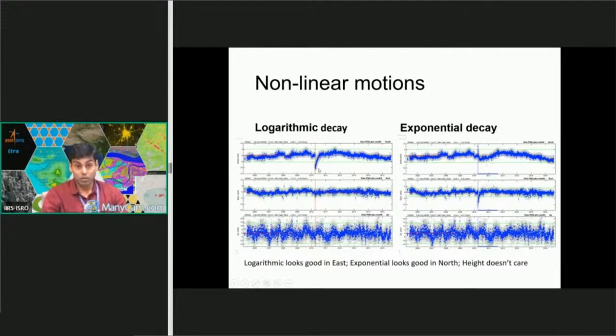There is a break in both signals, but there is no break in the vertical motion. It has seasonal variation. So we can clearly see that it doesn't affect the vertical, but it affects the horizontal motions, the north-south and east-west